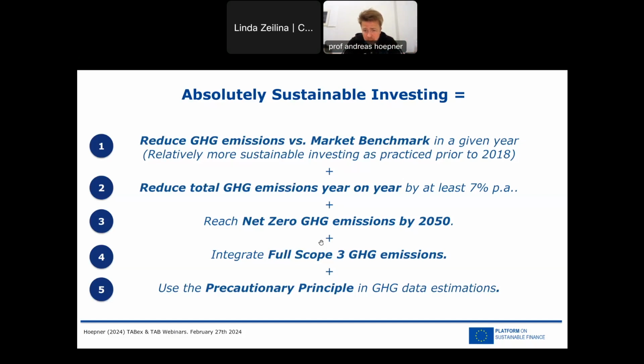And perhaps many other parts of the EU regulation very clearly say you have to apply the precautionary principle. So if in doubt, err on the side of the planet, not on the side of commerce. That means if you need to estimate because the data isn't there, overestimate somewhat. That will motivate the company to report. That will reduce the risk that you have an estimated number that suddenly becomes a lot larger when it's reported. If the data is poorly reported, overestimate a little. And if the data is accurate, take the actual data.